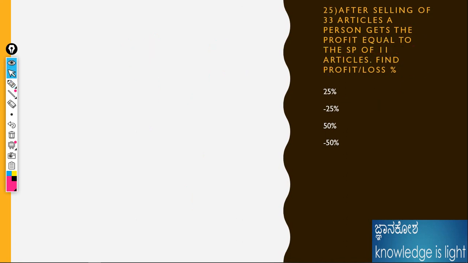Okay, 25th problem. After selling, those two problems depend upon SP and CP. Here the profit is equal to the SP of 11 articles. Here, as in the previous problem also, I am always taking one article as 1 rupee. Why am I assuming 1 rupee per article? Because the calculation becomes very easy. That's why I am taking one article as 1 rupee. See here,